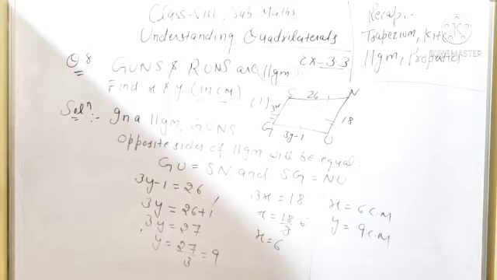x and y. First, what is the property? Opposite sides of a parallelogram will be equal. So first GU side will be equal to SN and SG side will be equal to NU. Clear all of you? Okay, like that second part also you can complete. You can do second part. Okay, second is something different. Okay, fine. I will solve.